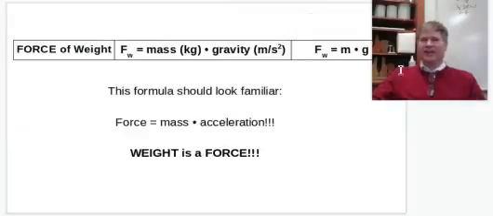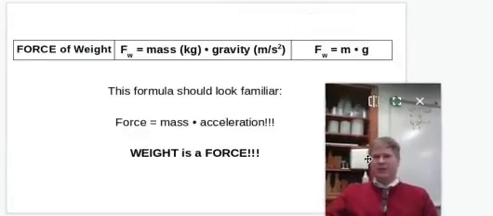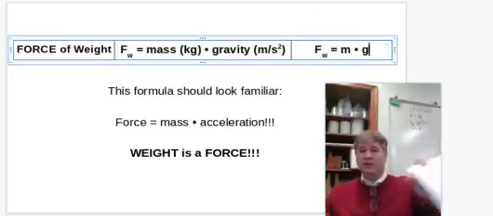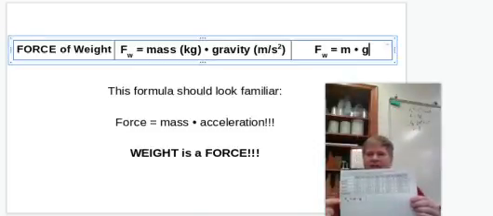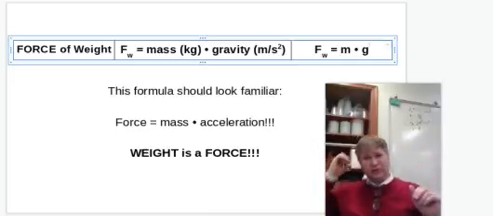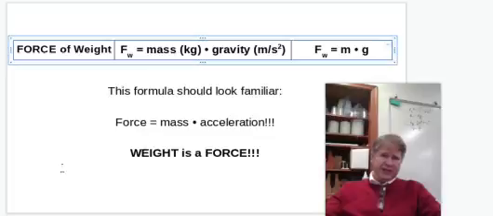All right, so now as far as quantifying that, we have a really simple formula. And again, we've seen this. This should look familiar to you. But we're going to throw a subscript in here and say force sub W, the force of weight, is equal to mass times gravity. And this you will have. In fact, you've been given this document, and that formula is down here for you to have. Please don't write on this. You'll be able to use this on assessments. It says that over towards the top.